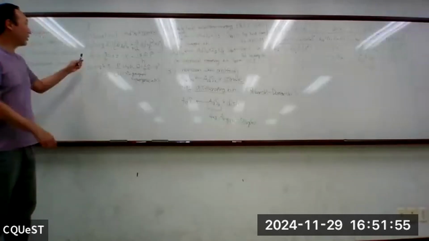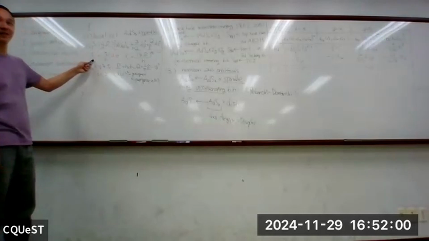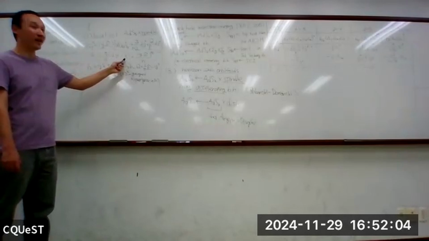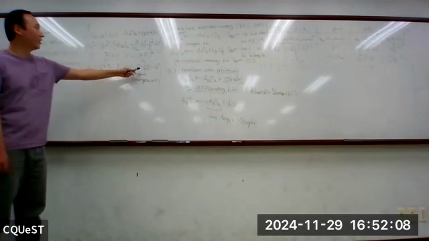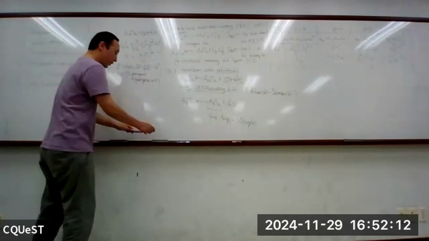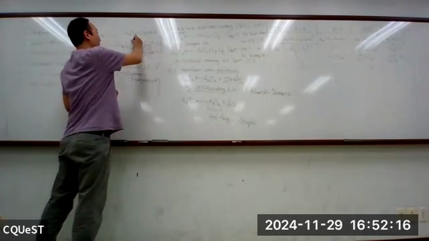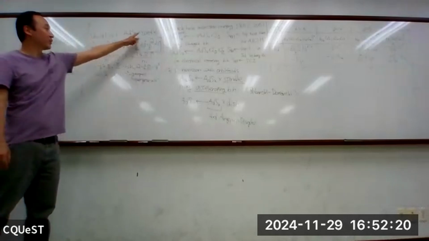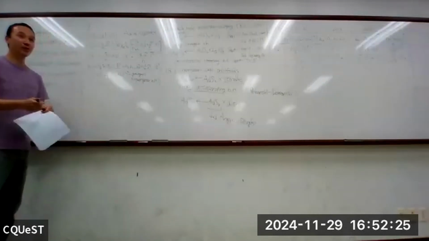You have a metric solution just like this, and you have two U(1) gauge fields, A1 and A2, and two scalar fields, X1 and X2. The functions are here, and they are all functions of this y coordinate. This part is the spindle part. This is the AdS5 cross spindle solution. Then let me tell you more detail of this solution.